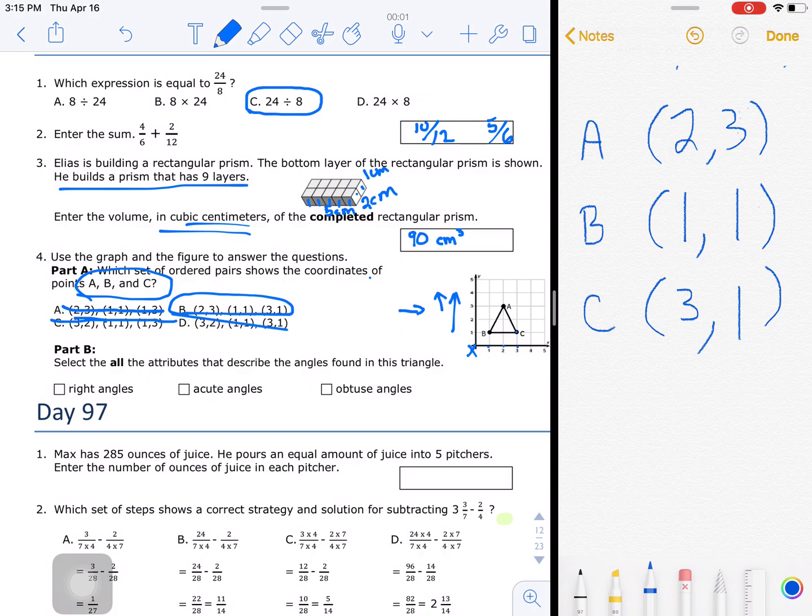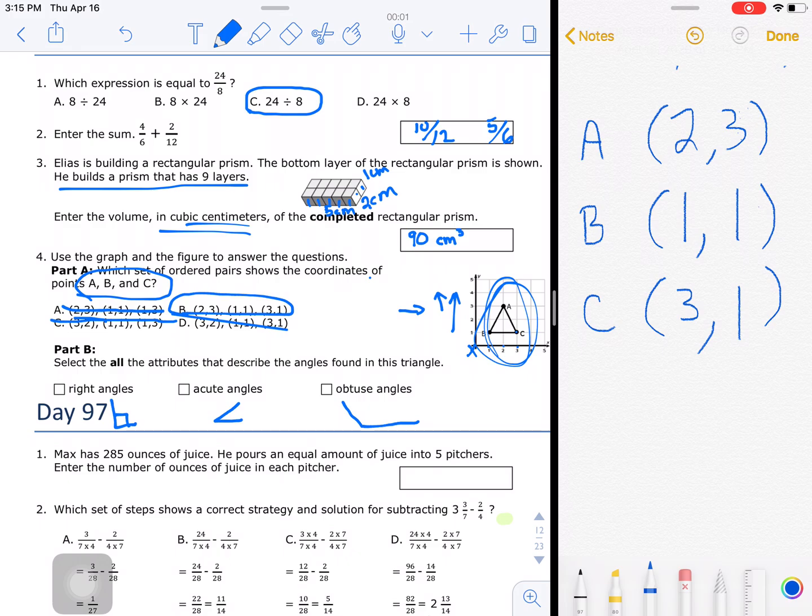Now let's take a look at part B here. It says select all the attributes that describe the angles found in this triangle. So let's do a little review of angles. A right angle is 90 degrees. An acute angle is, oh, it's so cute. It's less than 90 degrees. It's so little. And an obtuse angle is greater than 90 degrees. So as we look at our triangle right here,